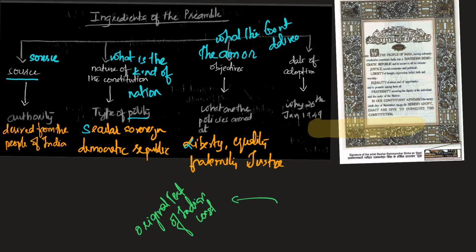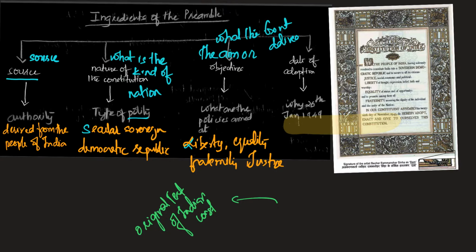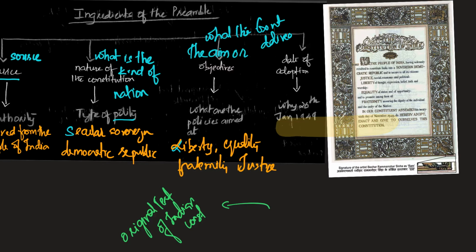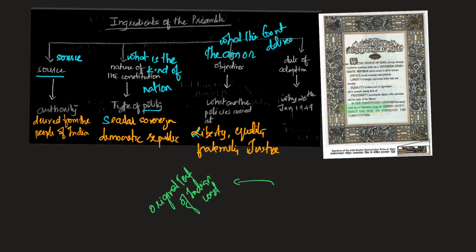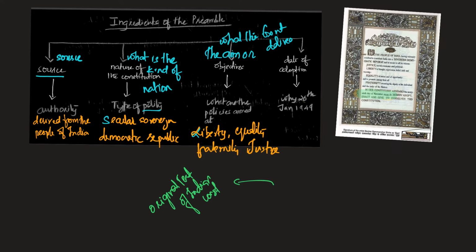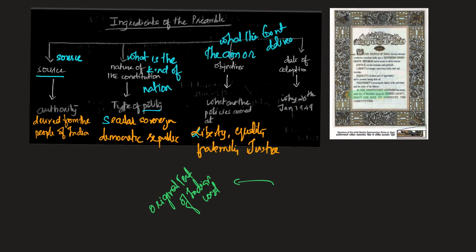Now, the most important point here, guys, is the date of adoption. According to the Indian Constitution, that is 26th January 1949. But why did I write 26th January 1949? If you observe, this is not 1949, this is basically 26th November 1949. Why did I write 26th January? Because this is important, guys. We are at a very crucial point to understand here, because